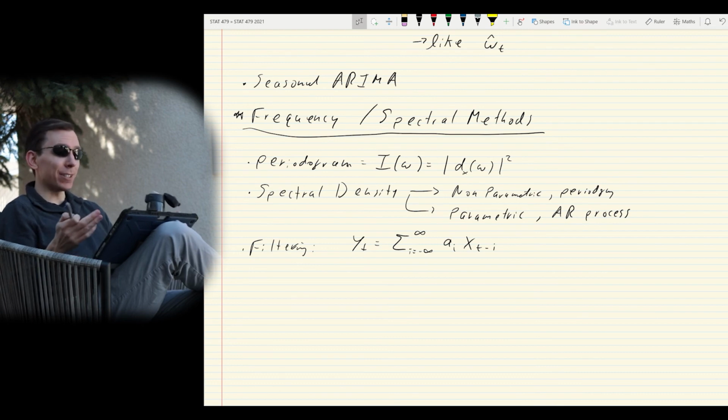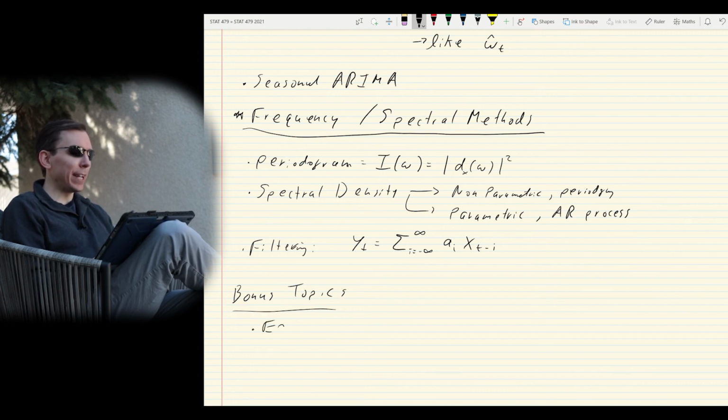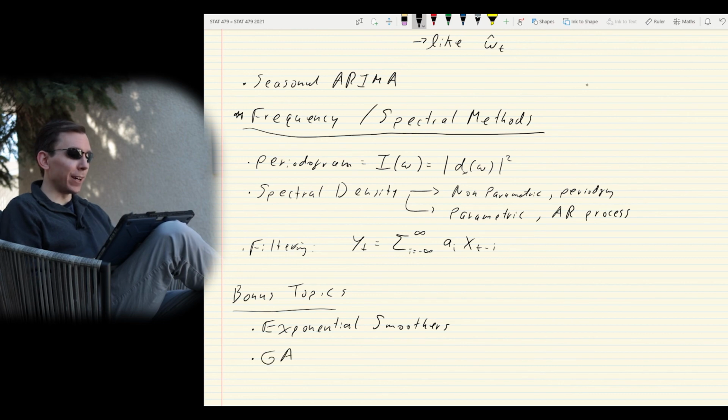And that was mostly the entirety of the course, right? At the very end of the course, we had some bonus topics, which are quite neat in their own respect. We had the idea of exponential smoothers, which just give us another tool for fitting models to time series and doing forecasting and things like that. This was a slightly different approach than what we did before, but we did see that it is related closely to the ARIMA process. We also looked at the GARCH process,